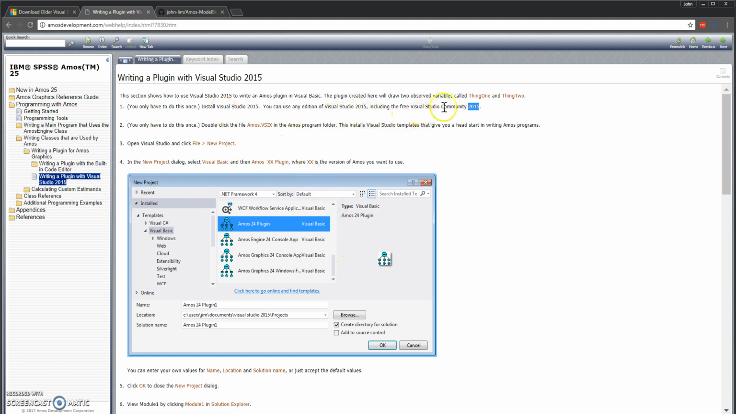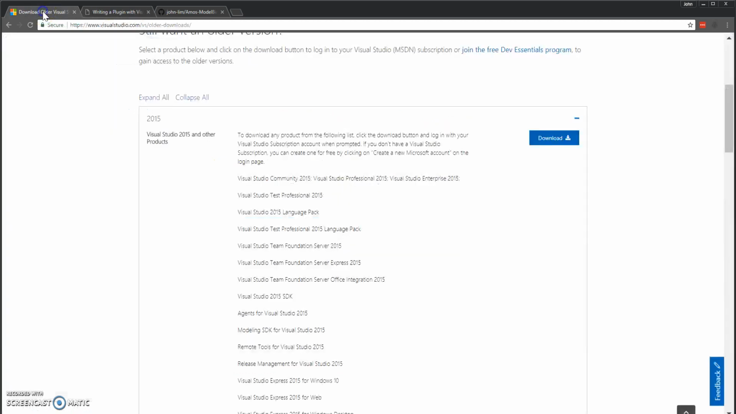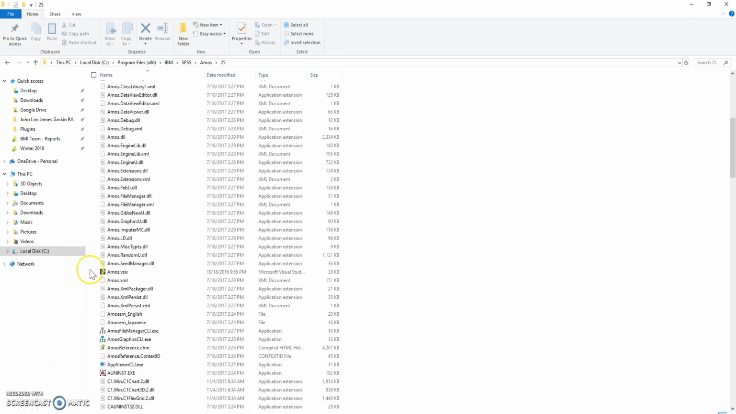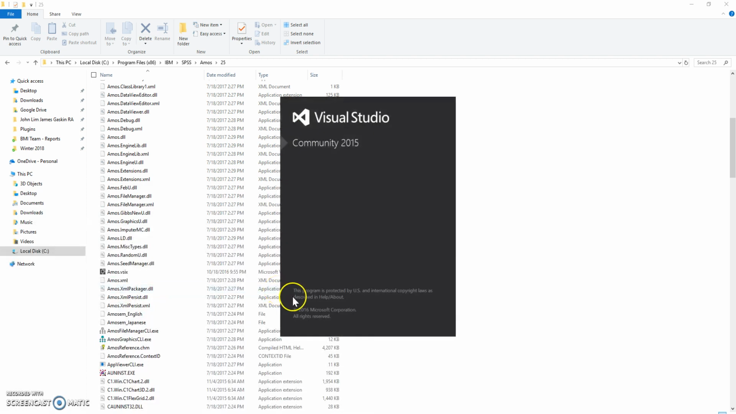The first thing you have to do is install Visual Studio Community 2015. You can find a free version at visualstudio.com/vs/downloads. Download Visual Studio, get it installed. Then the first step is to double click the install location. There's a file called amos.vsix, and that will set up all the integrations with Visual Studio. After you've done that and you start Visual Studio,